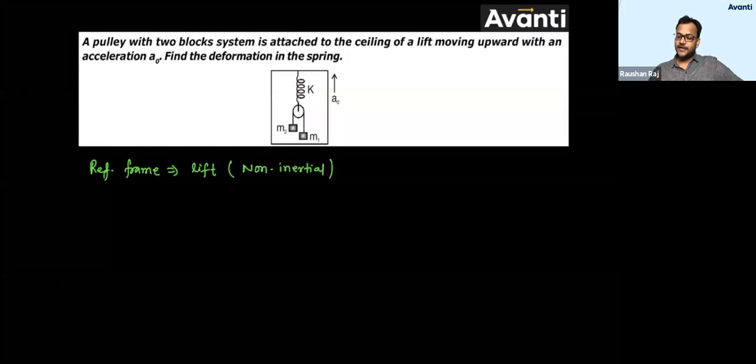Acha. If I say tension here is T1 and tension here is lesser T, or you can call this tension as T and here you can call Fs, force in spring. Tell me what will be the relation between Fs and T. Tension in the spring is, let's say, T. Force in spring is, let's say, Fs.